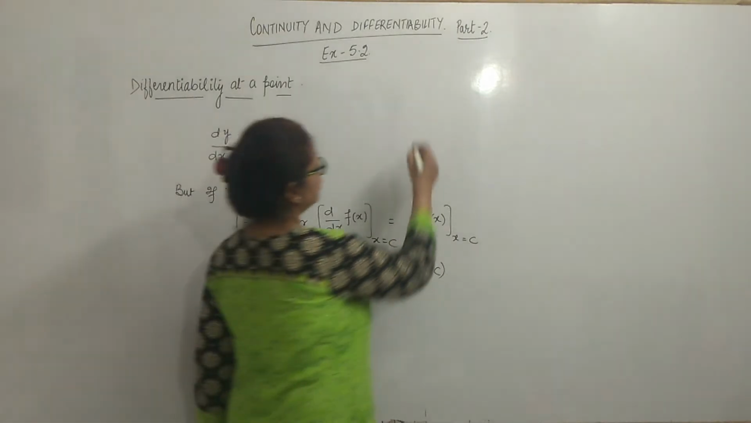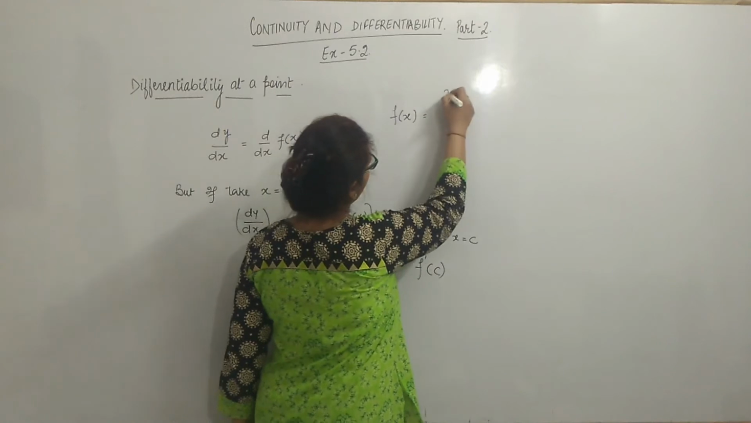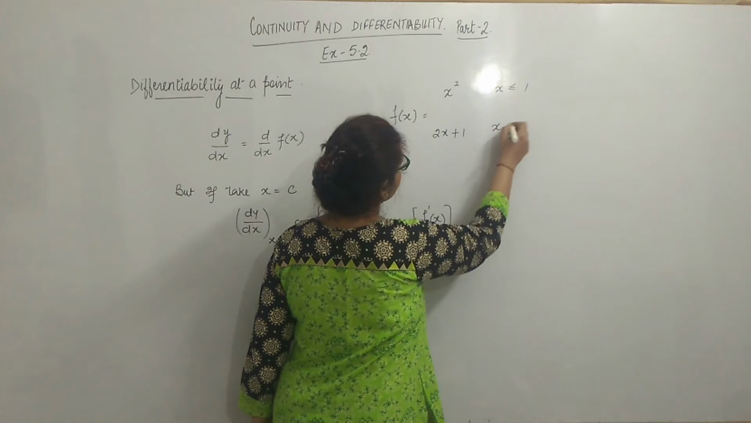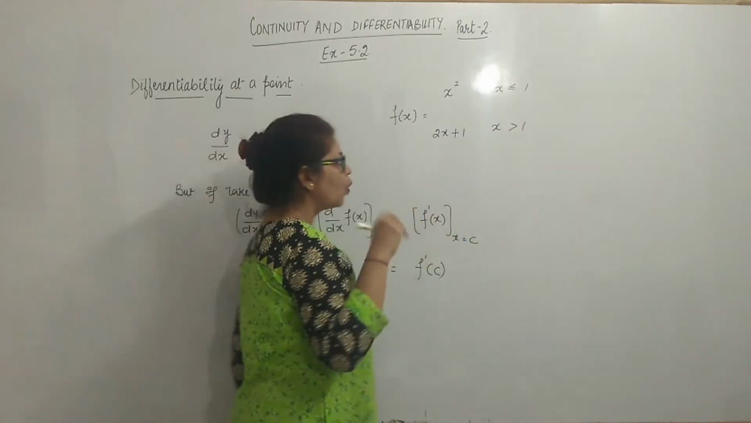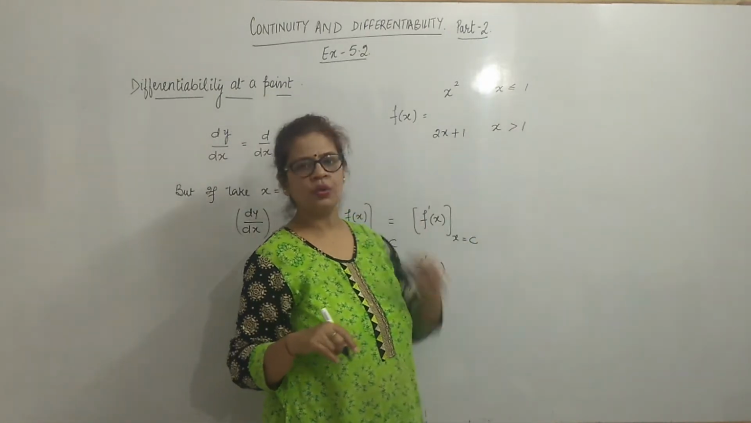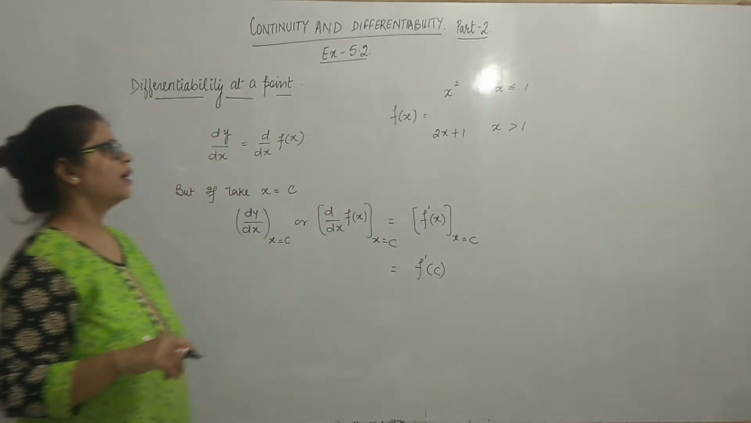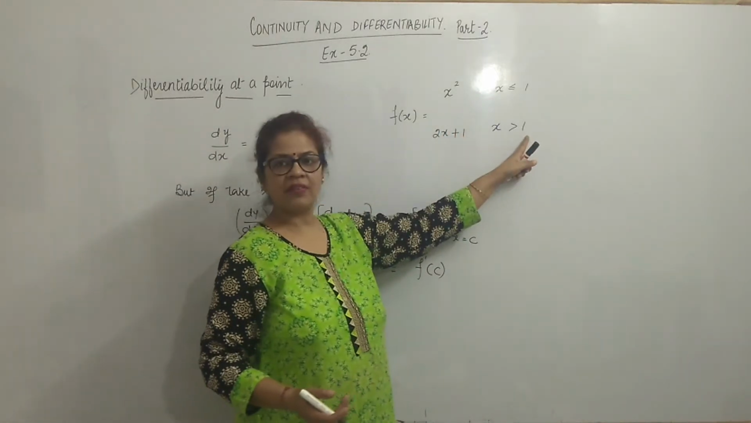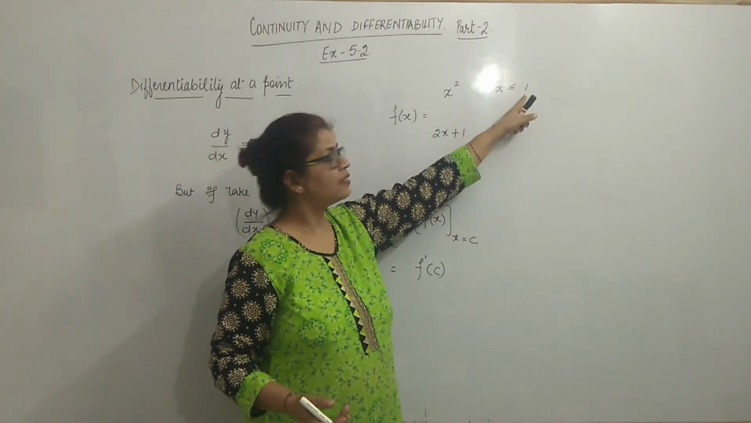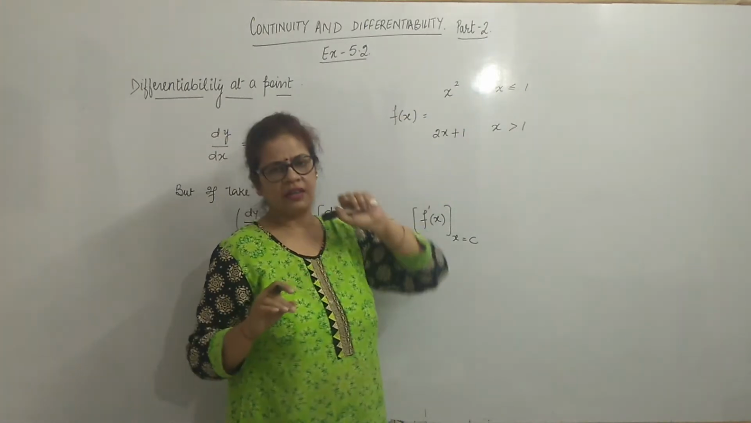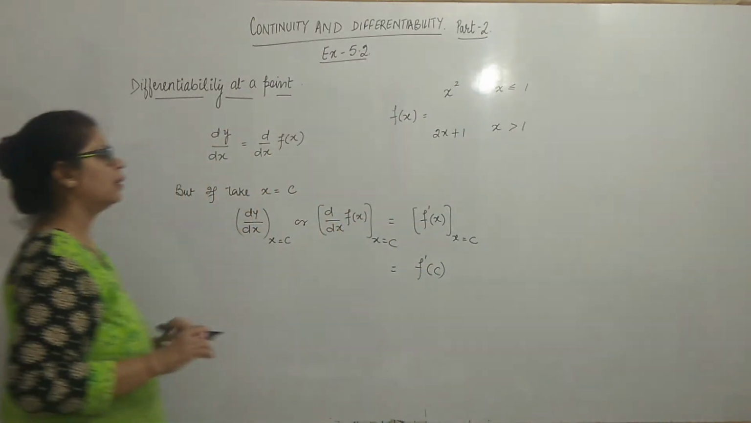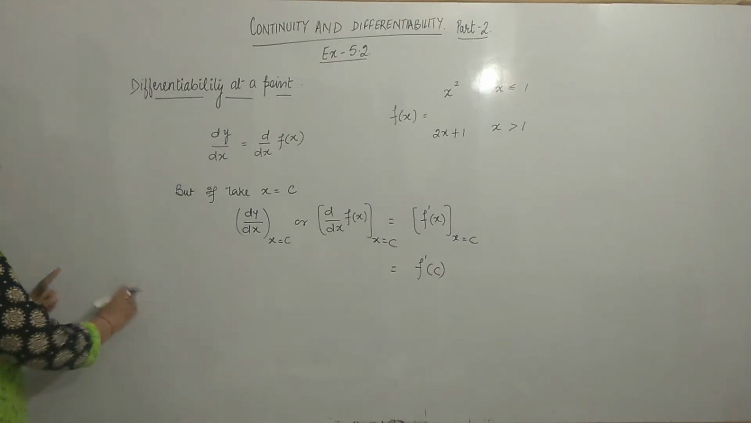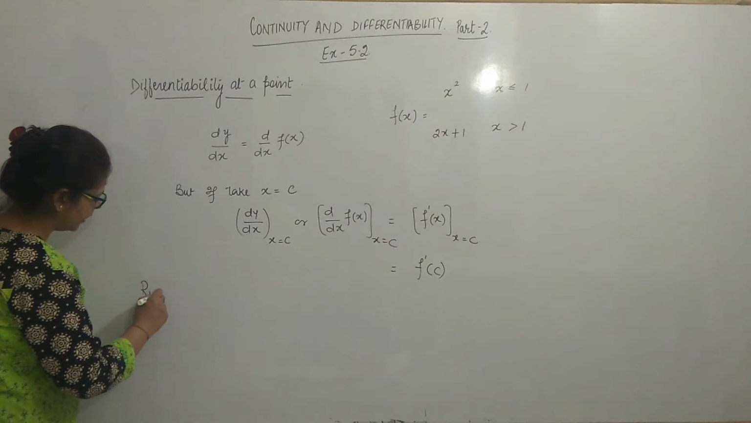Suppose there is a function f(x) is equal to x square when x is less than or equal to 1, and 2x plus 1 when x is greater than 1. And we want to check the differentiability at x is equal to 1. So now you say which function we take at x is equal to 1, because when x is slightly greater than 1, the function is different, and when x is slightly less than 1, the function is different. So we discuss differentiation at a particular point in this manner. We will find the right hand derivative,